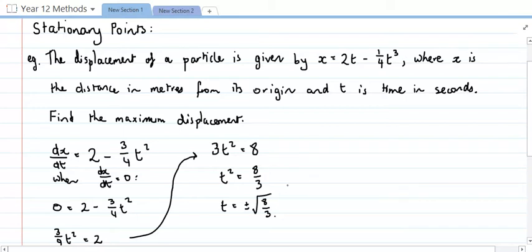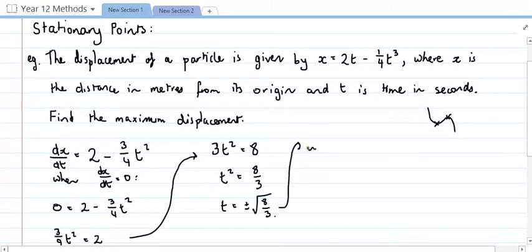A couple of things I'm going to consider here is the shape of this graph. This is a negative cubic, so it's going to be coming down like this. It has two stationary points, so I know that's going to be the shape of it. Basically we know that the first value, which in this case would be the negative square root of 8/3, is going to be the minimum here. We know that the second value, the positive square root of 8/3, is going to be the maximum right here. And we're looking for that maximum, so all that I need to do now is actually find out what the